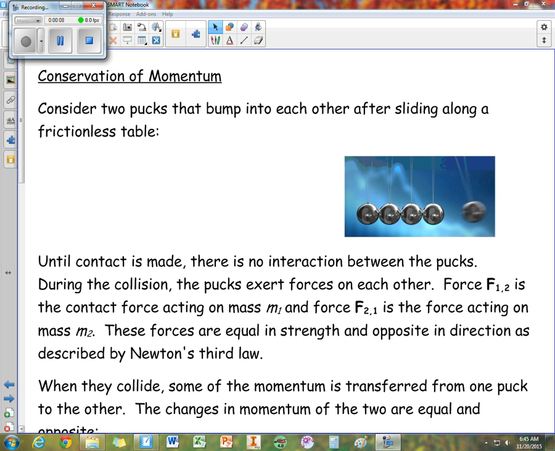Okay, so to start this one, let's consider we have two pucks that are sliding towards each other. Now I say pucks because with hockey they're sliding on ice, so it's very, very frictionless. So here's what we have. We have these two pucks. I'll call this one 1, this one 2, and they are sliding towards each other so that they will have a collision. So this one has an initial velocity, I'll call that v01, and this one has an initial velocity, I'll call this v02. Sometime later they will hit,